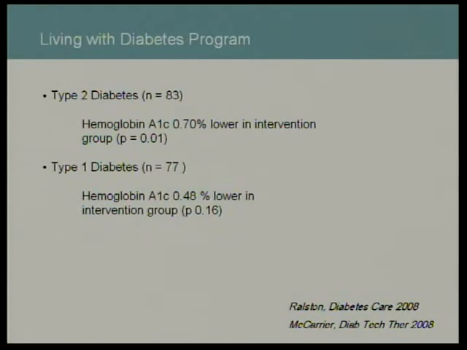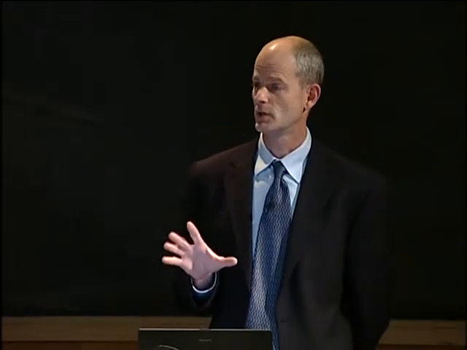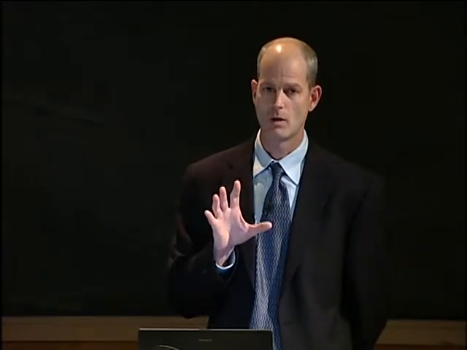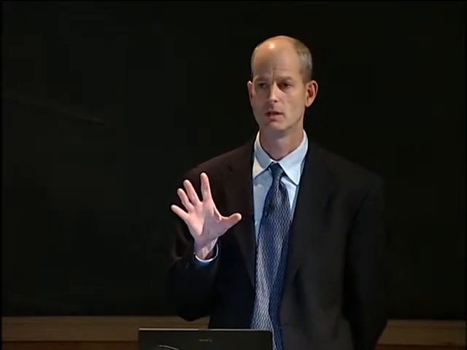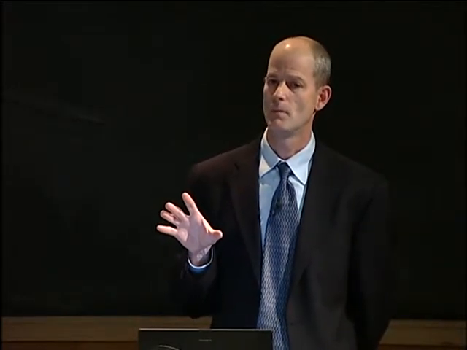So we ran 2 pilot trials, one in type 1 and one in type 2 diabetes, both randomized trials. And the folks with type 2 diabetes dropped the hemoglobin A1C, which is a measure of glycemic control, 0.7% in the intervention group. And the folks with type 1 diabetes dropped the A1C 0.48%, but did not reach statistical significance. So these 2 trials really helped lay the groundwork for how other studies can help begin to approach using shared records in chronic illness care.